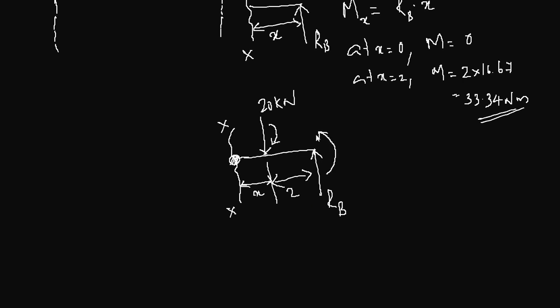So again, counterclockwise moments will be considered positive and clockwise moments will be considered negative. So moment about section is Mx is RB times 2 plus x, why 2 plus x? Because that is the total distance from the point of the section, minus 20 times x,